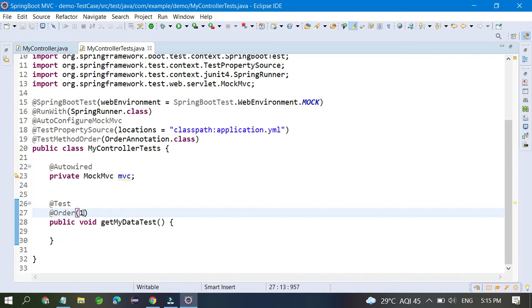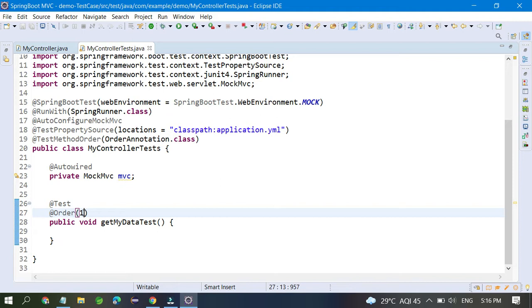Other than that, you can throw the exception also. For example, if you are doing something like MvcResult equal to mvc. So MvcResult is one kind of variable. Okay, in your Mockito you have to store the data inside this MockMvc.